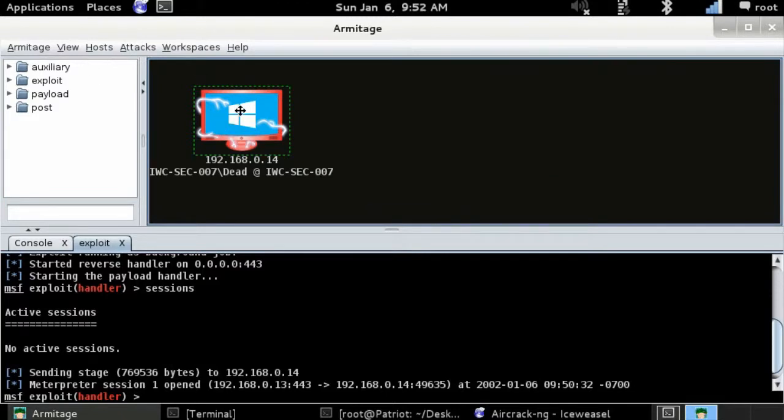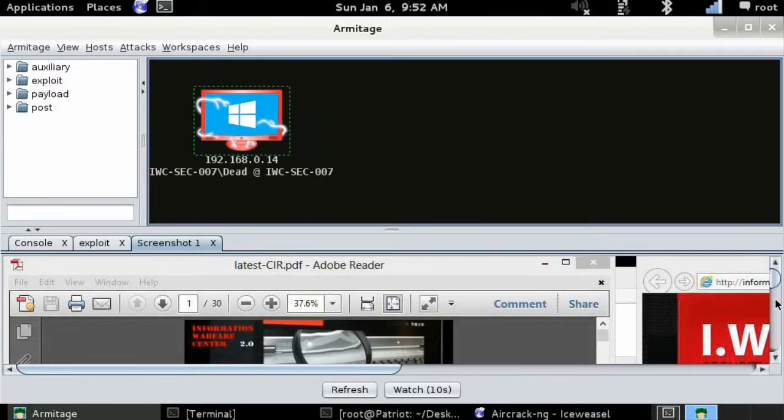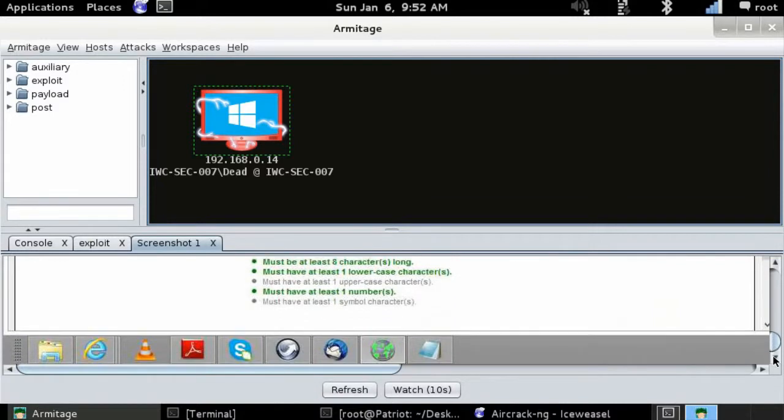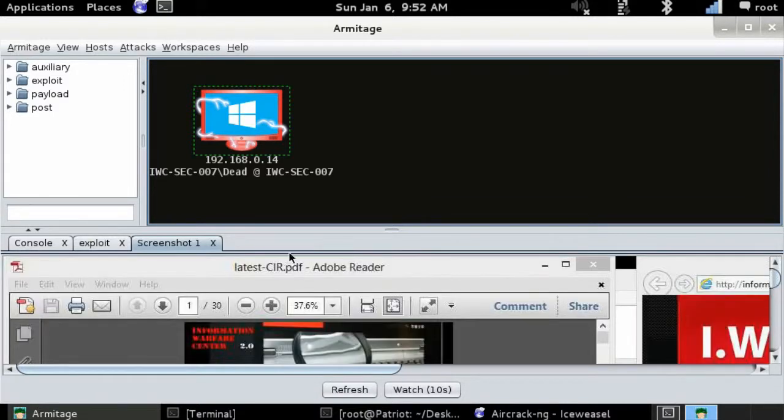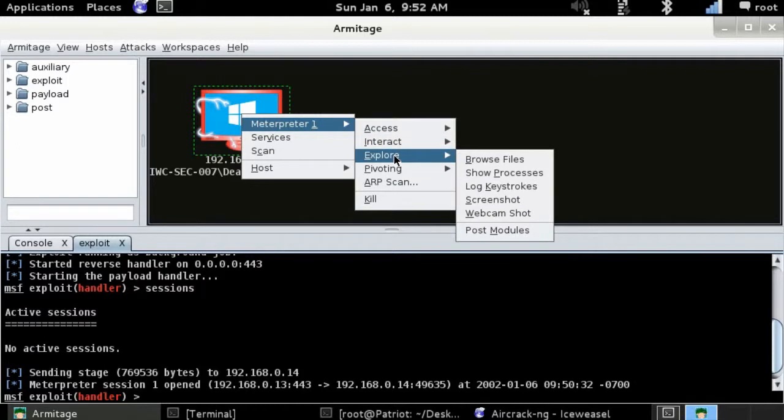A lot of the content in here, unfortunately, stores in the back end. You don't get to see it right away, but you can when you view the stored content. But as you can see, we did a screenshot. Still has pretty much the same stuff we looked at before. And so we'll get a couple other options. Right-click, left-click Meterpreter,